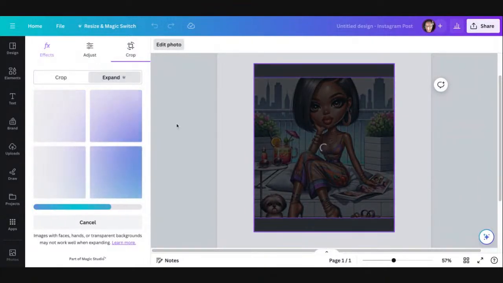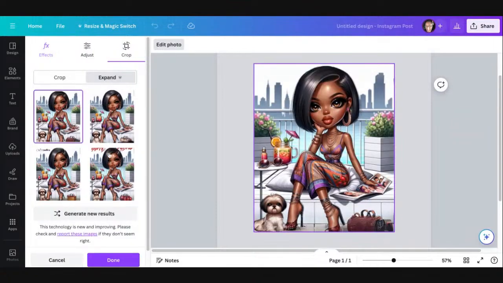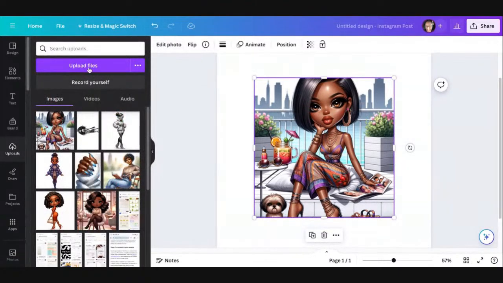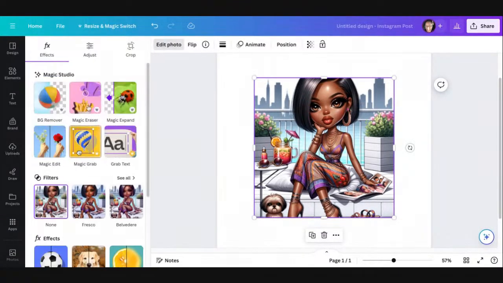All right. So I'm waiting to see what happens. Okay, so let's see. This one is not too bad, but that shoe doesn't look like it matches that shoe. This one, the shoes are really not that great. It's the shoes that's throwing me. The hair is fine. It's the shoes. So I think I'm going to cancel, and do edit photo, and I'm just going to focus on